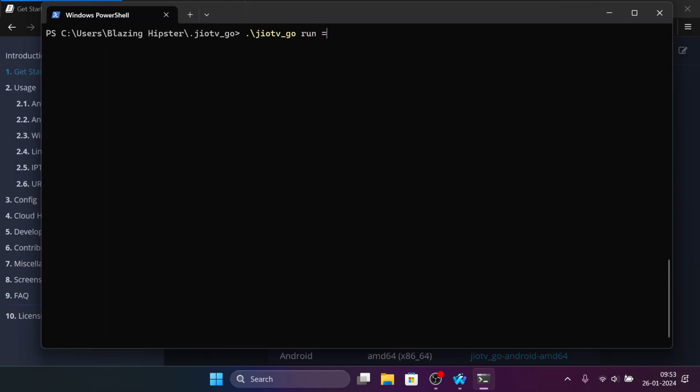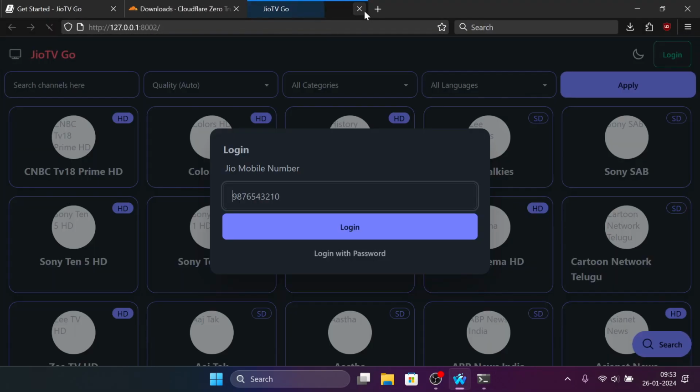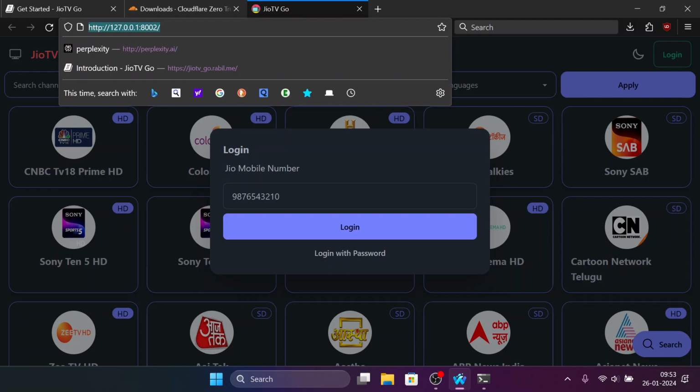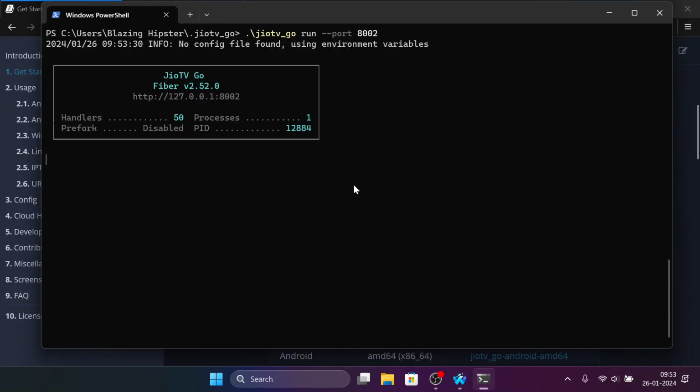Now I'll run this on a specific port called 8002 so that I will know which port I want to expose to the internet through Cloudflare services. So here I'm saying I'm going to run on port 8002. I press enter. The server has been started. So we know the server is only on localhost, as you can see here. If you click on that, the server will be running locally, but if you see the address, it is local, right? So now we'll try to forward this port to the internet.